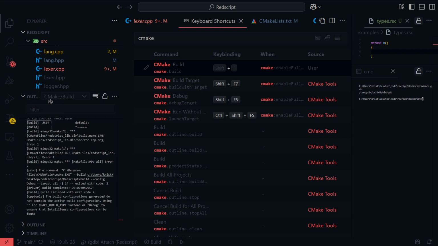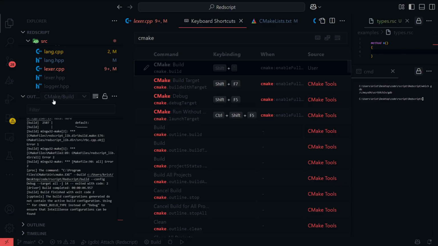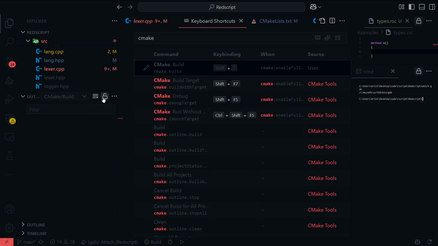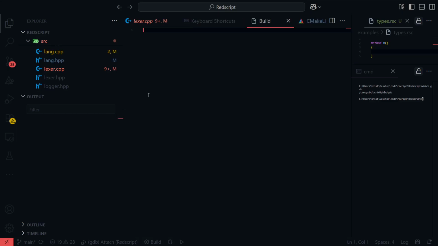This output doesn't have any pretty printing on it, so it's really hard to... Can I not... Oh, Jesus. Open output in editor.